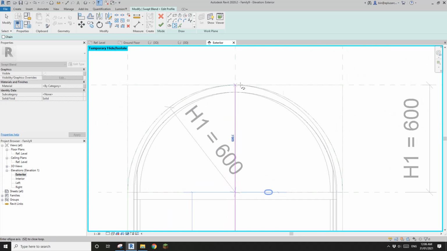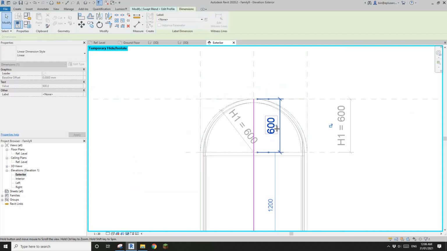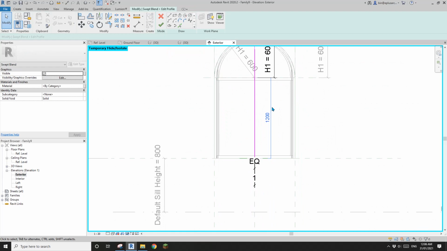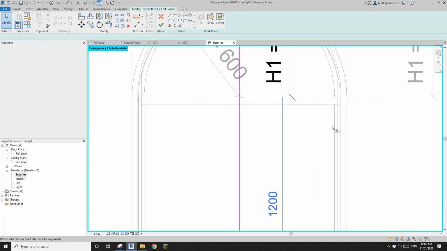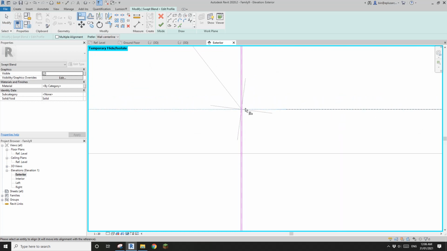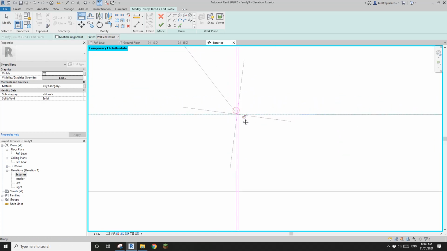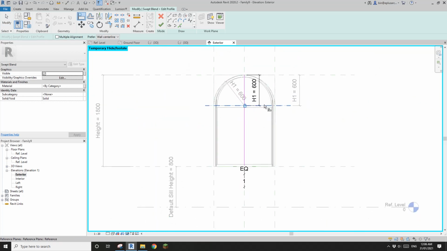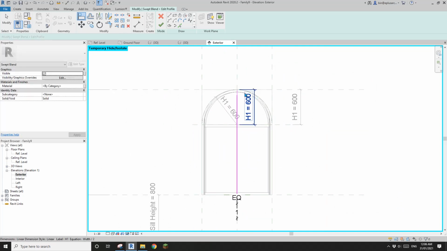So it's about here, and then I'll just add a dimension to lock it, and this dimension equals h1. So I'll link the h1 to it. So now there's still one temporary dimension here. I'll just use this reference plane to lock the end of this. Yeah, that's all of it. So now this is the first